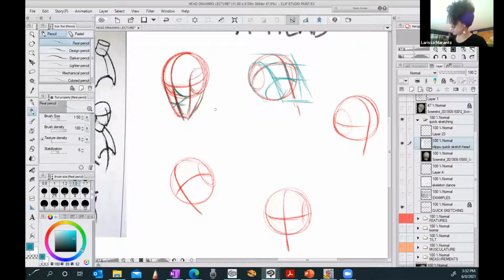Because I can see now I need to add cranium space to that one, and I need to add cranium space to this one because I can see a little bit of the back of the mass of the head. So I am actually going to go back and add some cranium space to that one. That makes more sense. And I'm going to add some cranium space to this one too. And I'm going to follow, let me go to this dark line. I'm going to follow this line here, and I'm going to draw the underside